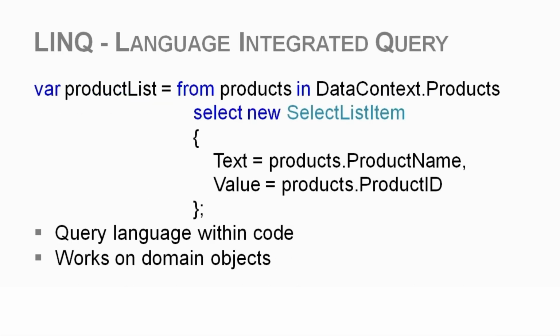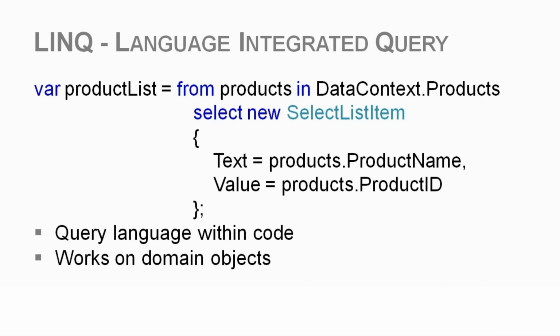Now LINQ is called Language Integrated Query. My understanding is that the formal pronunciation is actually "link." I don't seem to be able to bring myself to pronounce it that way, so you'll hear me say "LINQ" most of the time. So here's a LINQ statement, and I'm creating a product list, and it's basically a select